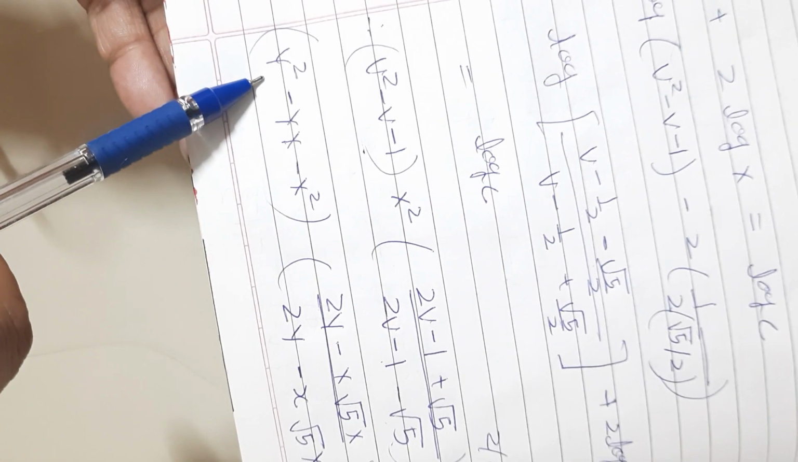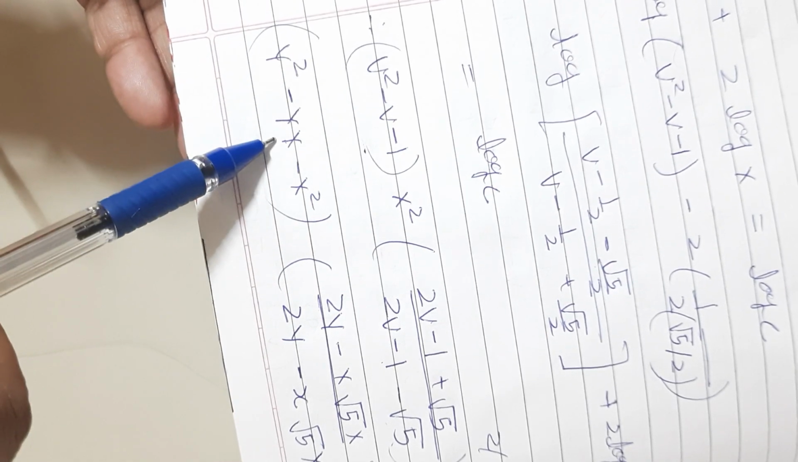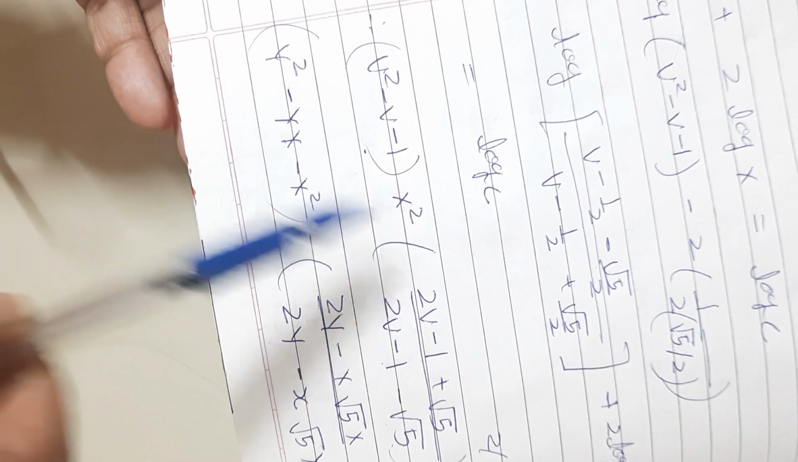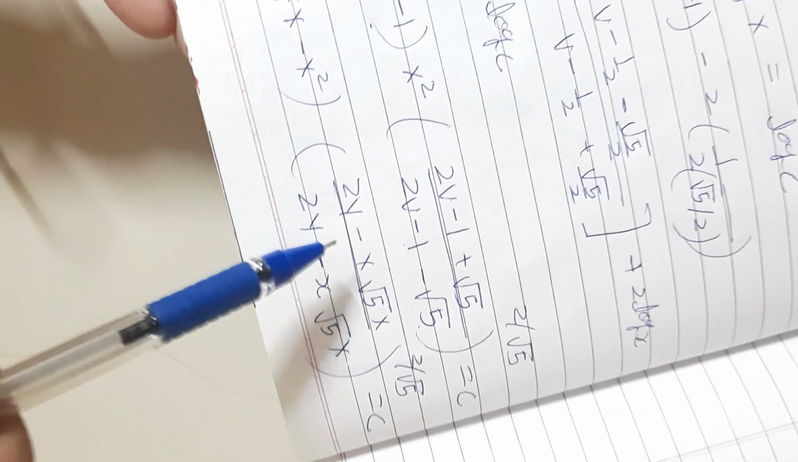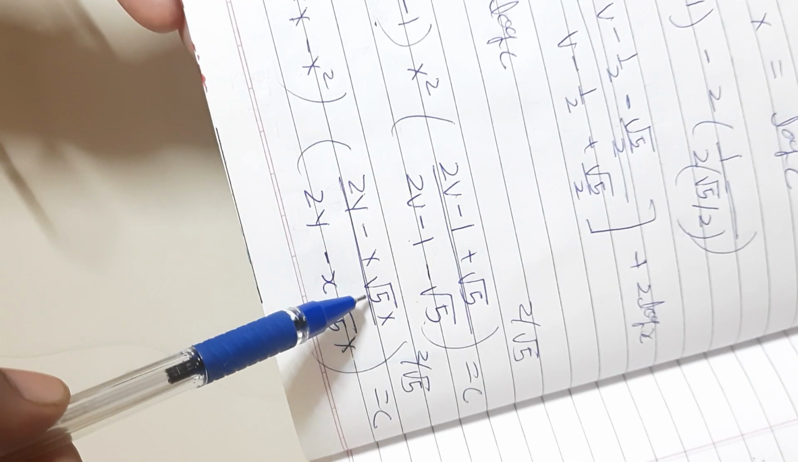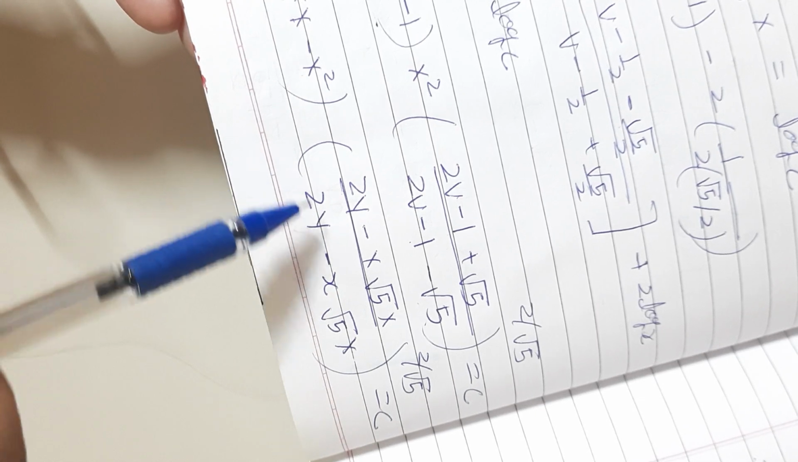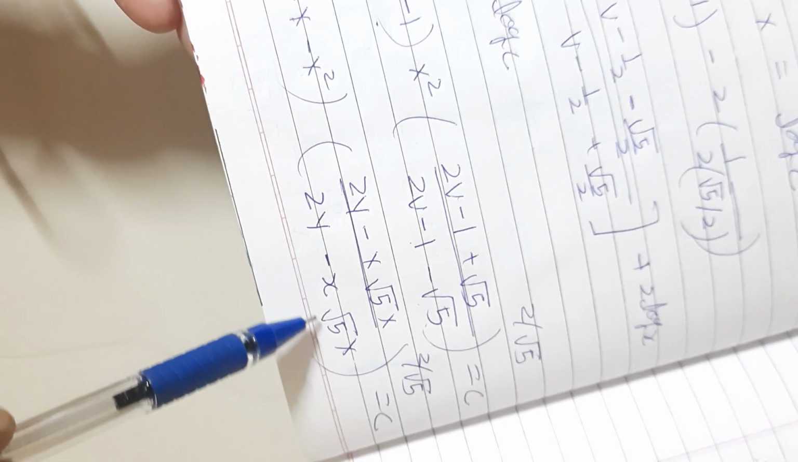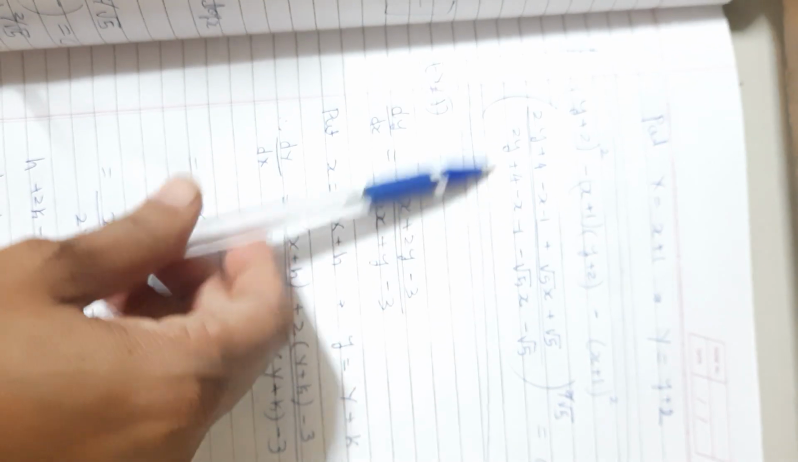Therefore, putting the values, v square becomes y square minus yx minus x square, and then multiplying by x square, we get (2y minus x plus root 5 into x) upon (2y minus x minus root 5 into x) raised to 2 by root 5 is equal to c. Here we have to just simplify the equation. Then put